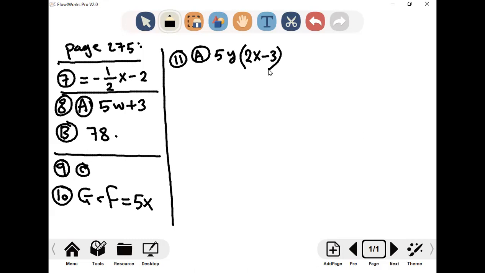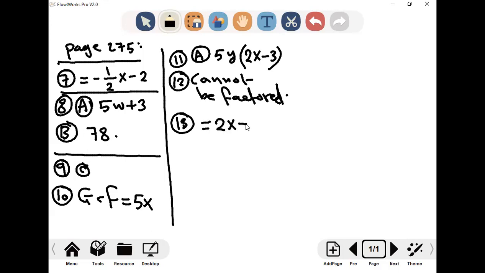Question 12. The question said factor 12n plus 5n. Exactly, it cannot be factored. Cannot be factored. Question 13. Simplify 3 with 2x minus 1 minus 4x. It is 2x minus 3. And question 14, the last one,